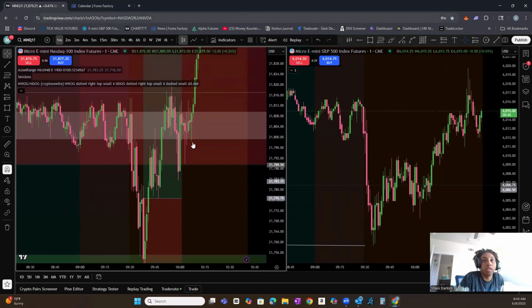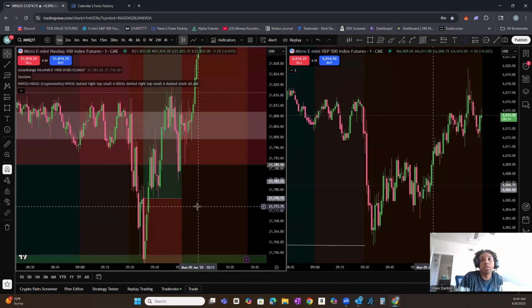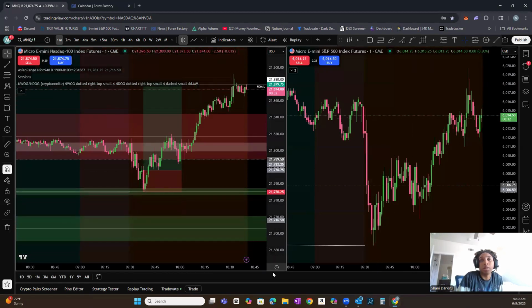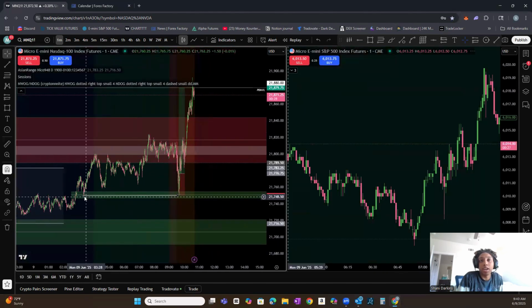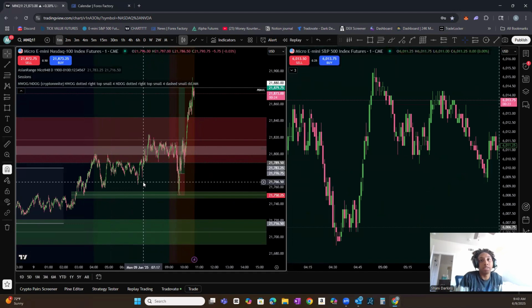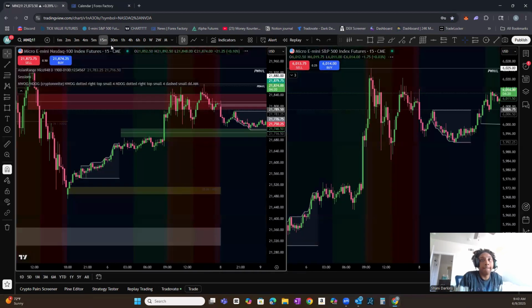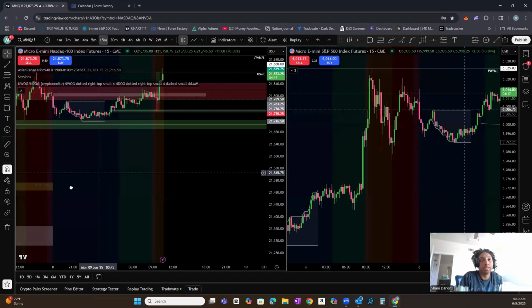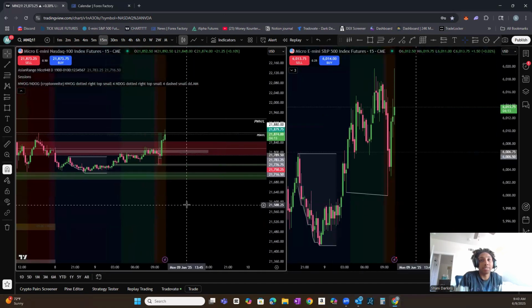I want to see if we did tap. Let's see. 21,776.75 would have been perfectly tapped in, but I didn't take this trade. At the time, I thought that we had just gotten the sweep, but honestly, this still would have been a decent trade. I just didn't take it, so that's unfortunate. That sucks, but